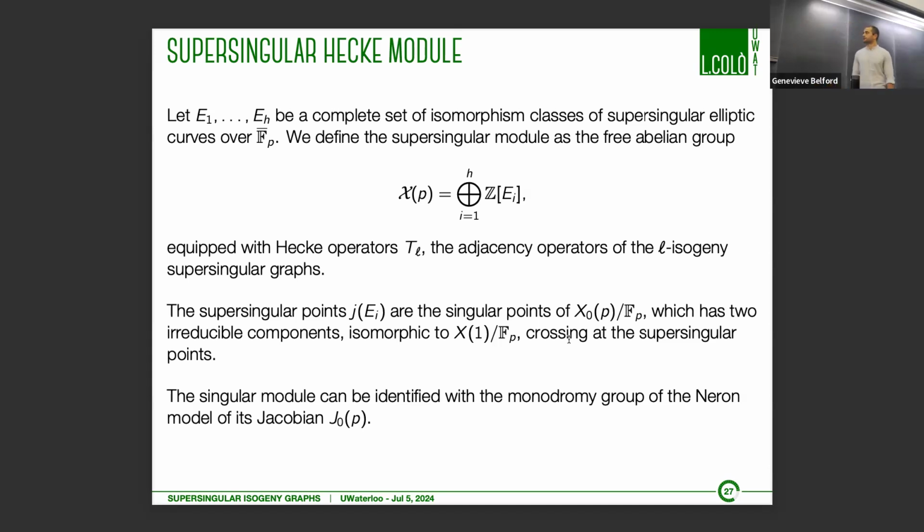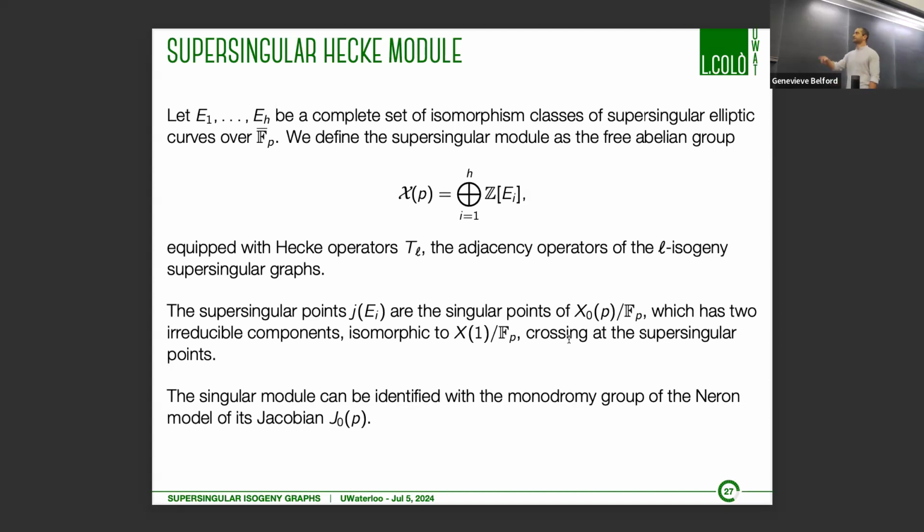I'm not going to talk much about that, but in fact, this module here over F_p bar can be interpreted as the monodromy group, again over F_p bar, of the fiber at p of the Néron model of the Jacobian of the modular curve, which actually means that if we're able to study this